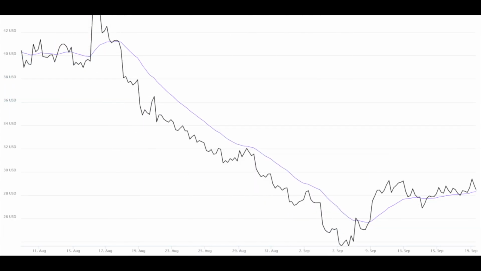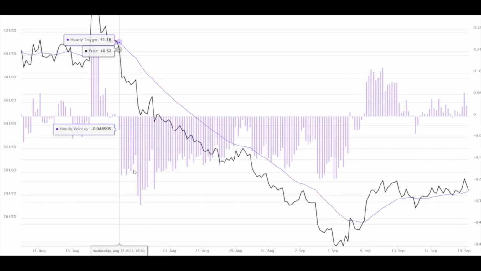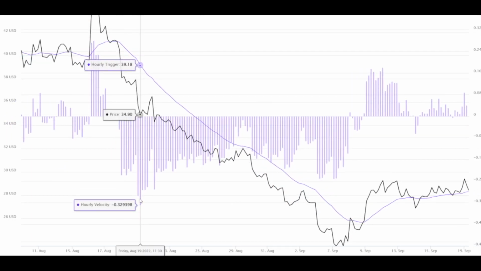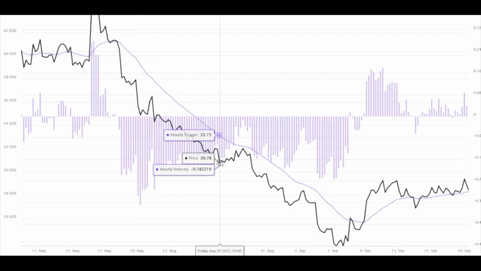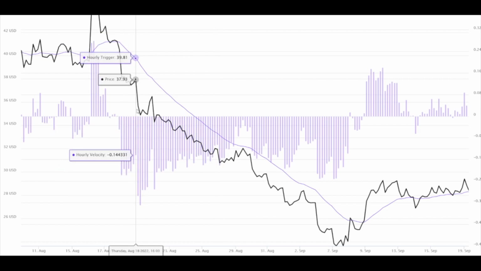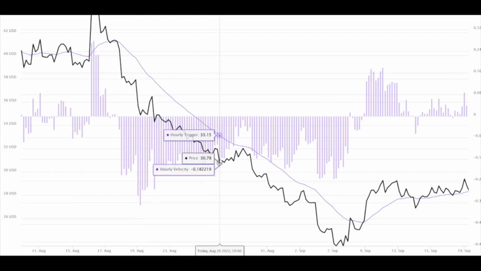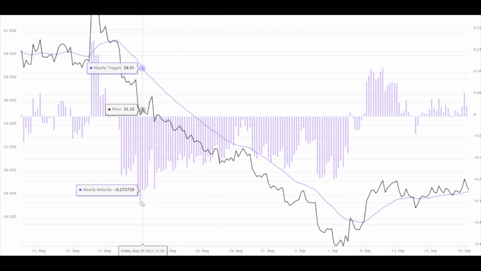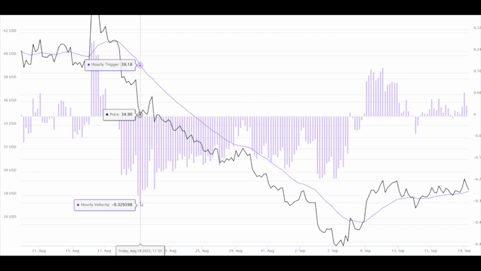So if we take a look at the hourly velocity, we can see that the most extreme print comes right here at negative 3.2. And price at that time was 34.90. Then price continues to sell and makes the first new low with consolidation right here at 30.78. And you can see that the hourly velocity is negative 18.18. So as price went from 34.90 to 30.78, we have 1 bullish divergence because the hourly velocity is not